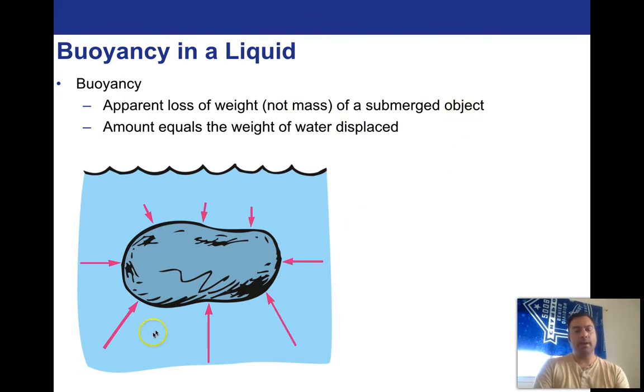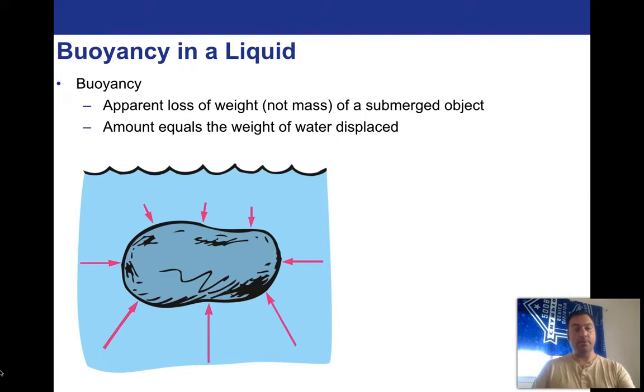I don't know if you've ever done this, you should do this experiment at home, or do your experiment next time you go to the beach or whatever. Take a rock, find a nice rock, big enough to hold in your hand, and submerge it in the water. And the moment you submerge it into the seawater, or if you happen to live near a river, submerge it in the river, you'll notice that the rock suddenly feels like it's a lot lighter. All right, it won't feel nearly as heavy. And the reason why is because of this buoyancy force.